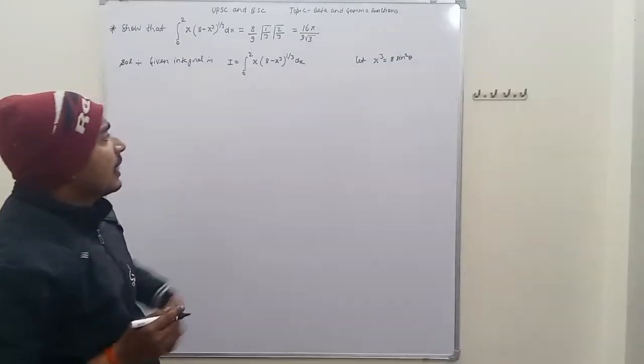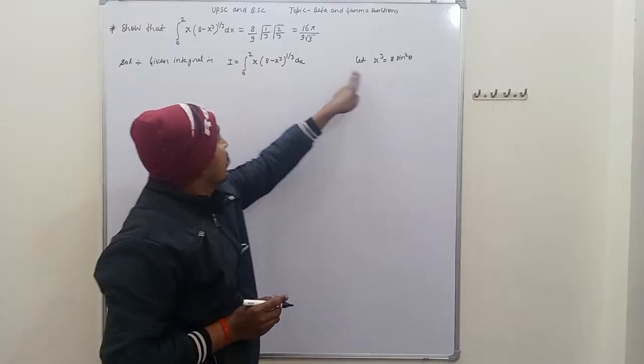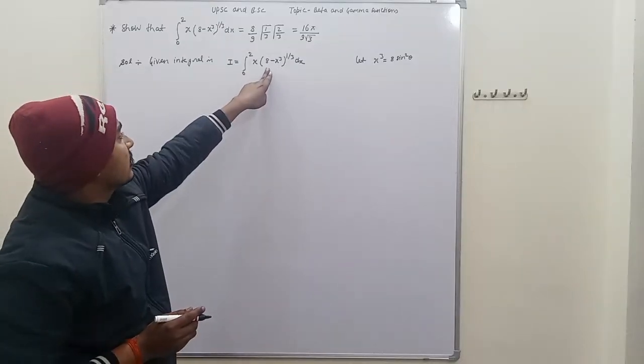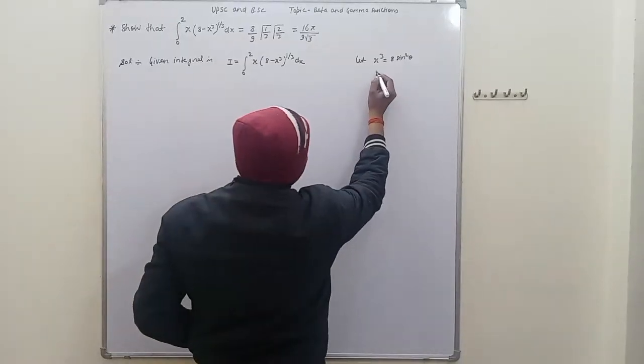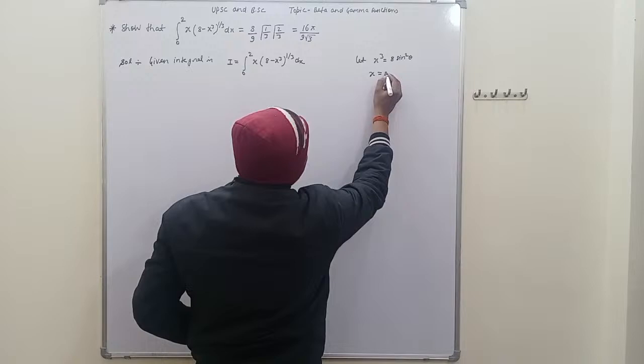When we take x cubed is equal to 8 sin square theta, taking 8 common we get 1 minus sin square theta, and from here we can also write x is equal to 2